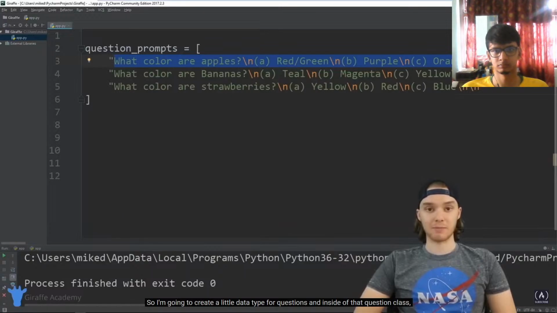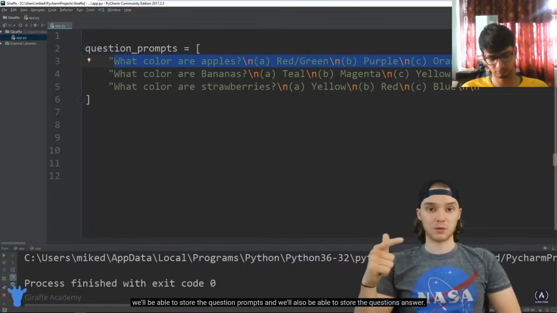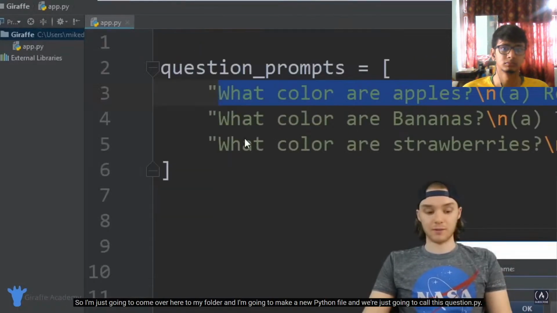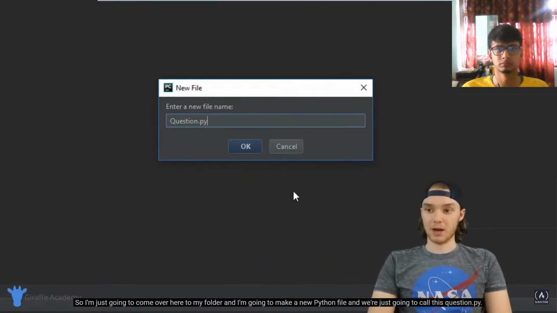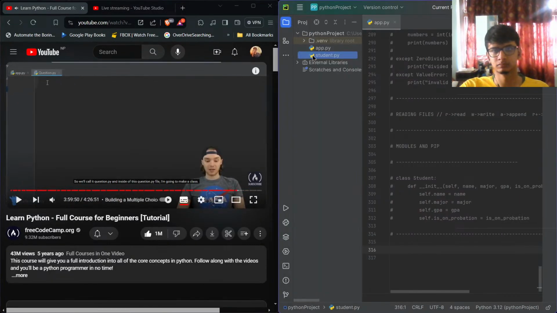So I'm going to create a little data type for questions, and inside of that question class, we'll be able to store the question prompts, and we'll also be able to store the question's answer. So I'm just going to come over here to my folder, and I'm going to make a new Python file, and we're just going to call this question.py. So we'll call it question.py, and inside of this question.py file, I'm going to make